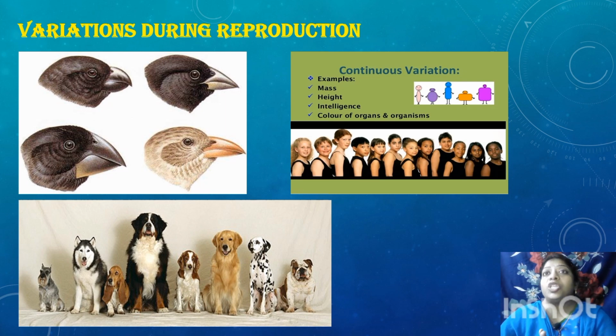So these variations are seen very minimal in the case of asexual reproduction, since it involves only a single parent. As I told you, don't forget this concept. In asexual reproduction, only a single parent is involved. There are no sperms and no eggs in asexual reproduction, but only in sexual reproduction you will find the egg and the sperm involved in the process, and that is why we can experience the variation. So don't forget this concept. The variations are very few in asexual reproduction, but more in sexual reproduction,